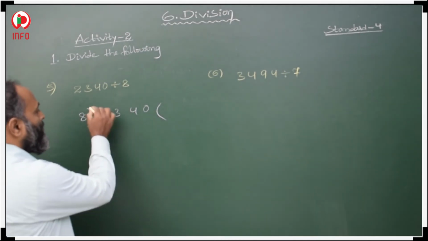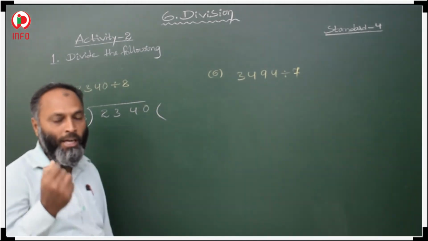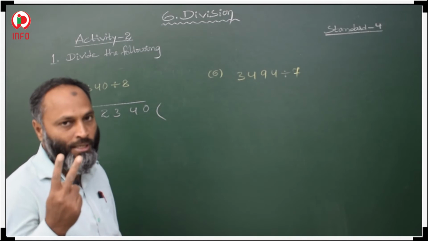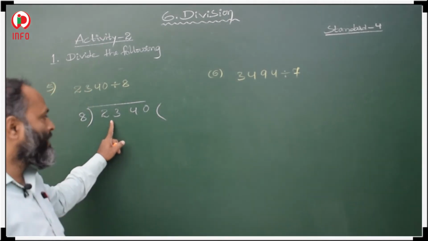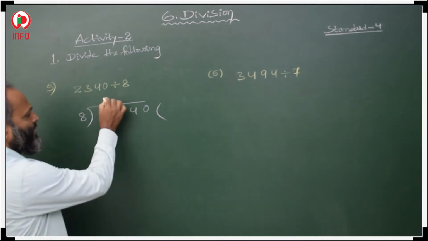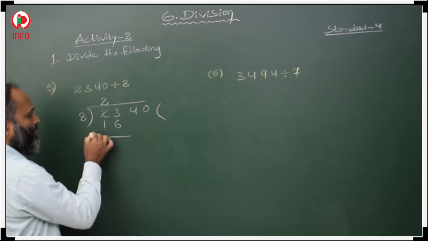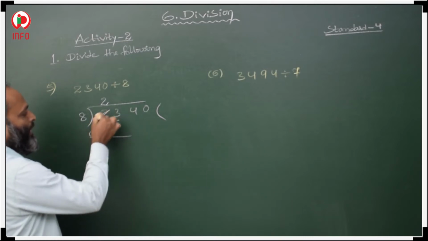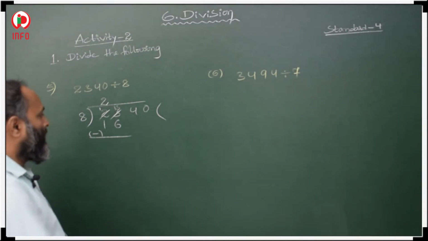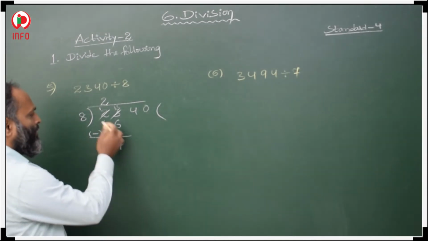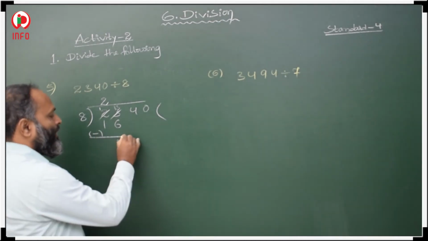Then in the 8 table, when you will get 23, read your 8 table, 8 ones are 8, 8 twos are 16, 8 threes are 24, 24 is greater than that, means 8 twos are 16 we have to take, then minus, borrow here it is 1, here 13, 13 minus 6 is 7, 1 minus 1 is 0, no need to take, then after that 4.